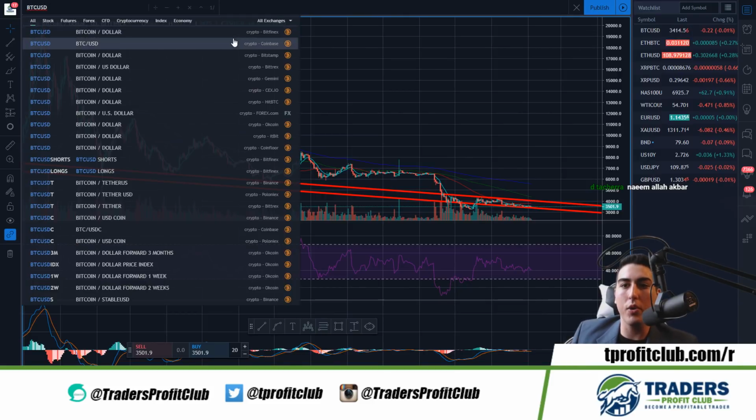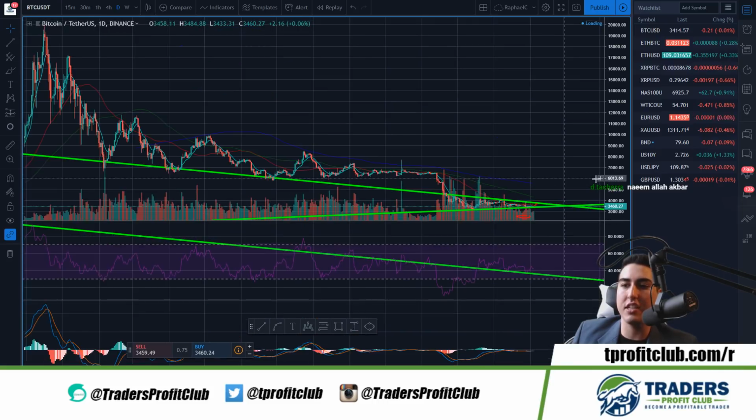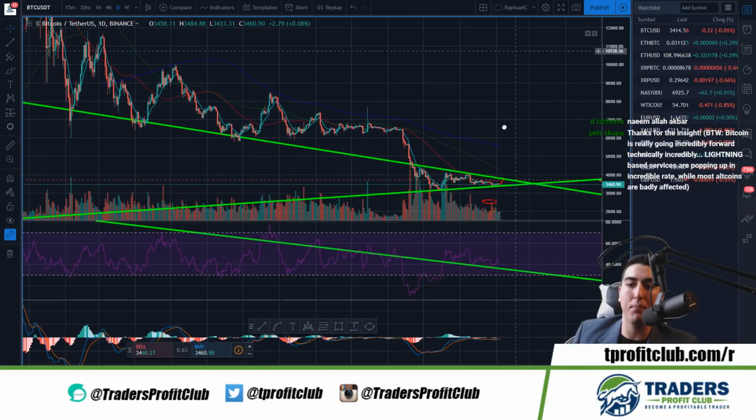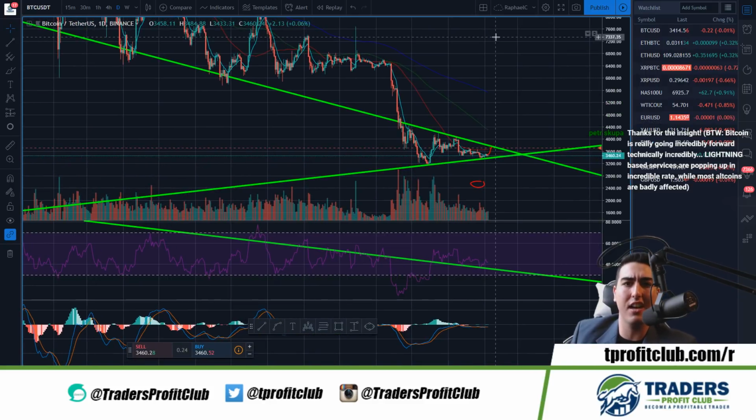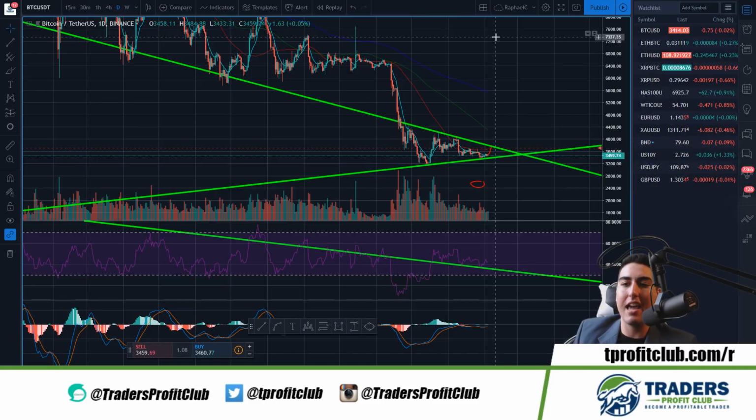You can see we are still within these consolidating levels between 3,000 and 4,000. And that's a very positive place for Bitcoin to be right now, in my opinion, being the fact that we weren't at $3,000 several years ago, right? So when we look at the overall increase of market valuation with Bitcoin and where it's at right now, in my opinion, things are extremely positive,